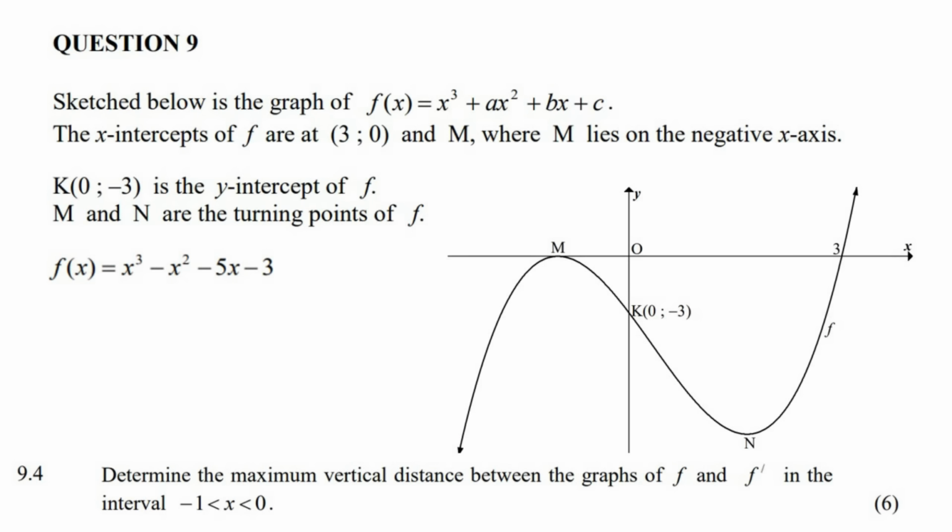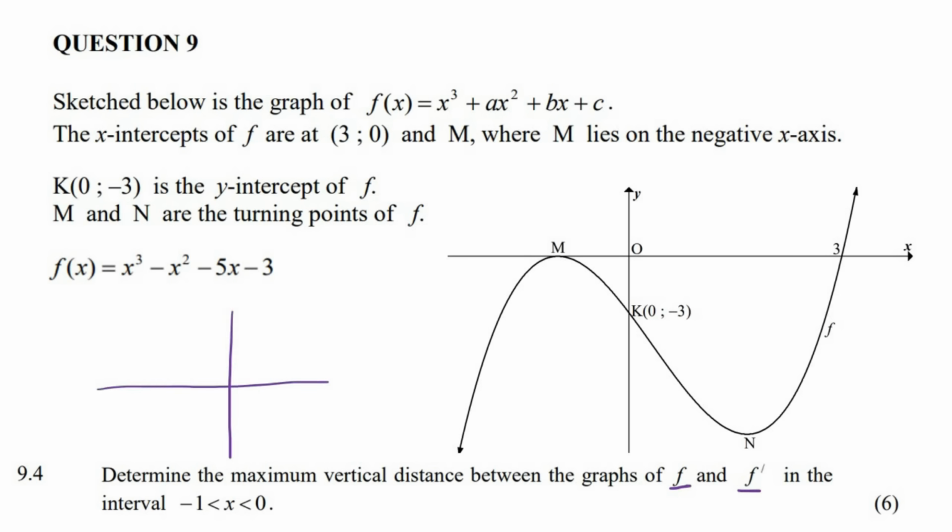This question says, determine the maximum vertical distance between the graph of f and the graph of the first derivative over the following interval. Right, so you've maybe watched some of my videos on this before, but how do you find the vertical distance